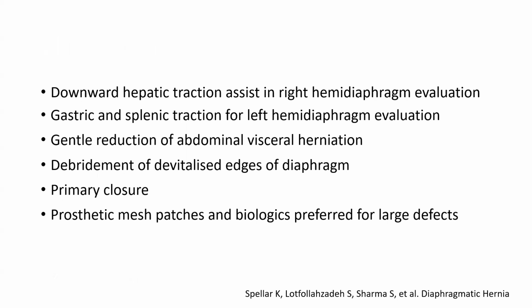On the left, the stomach and spleen are retracted inferiorly and medially with gentle traction for left diaphragmatic evaluation. The diaphragmatic central tendon and adequate firm attachments to the lumbar vertebra should be confirmed. In the presence of abdominal visceral herniation, gentle reduction to the abdominal cavity should be done, and the repair of the injured diaphragm involves debridement of the devitalized edges, and the diaphragmatic repair is then undertaken with either permanent